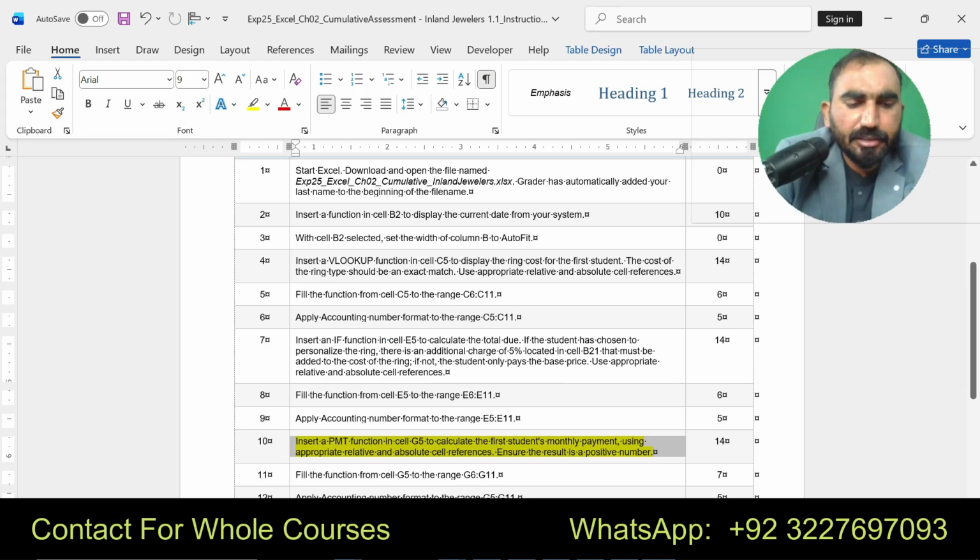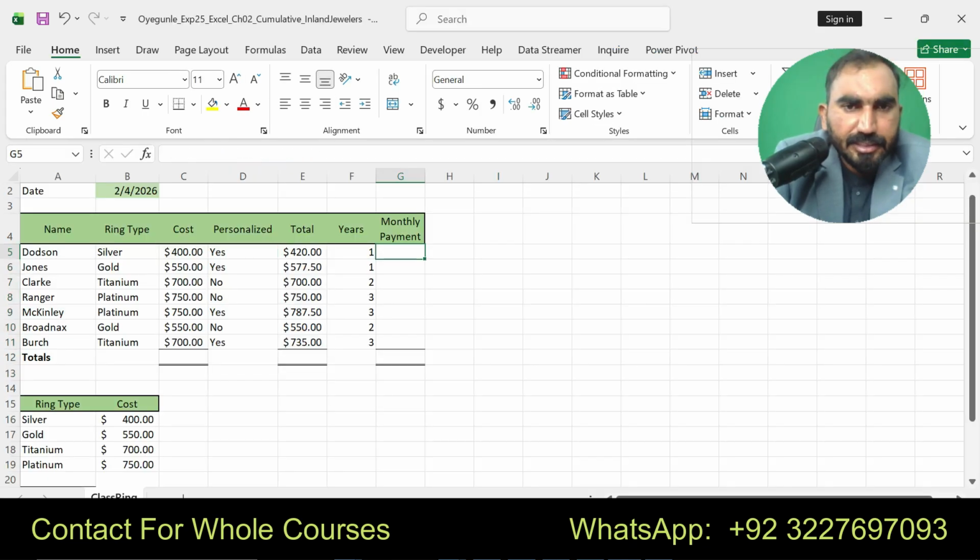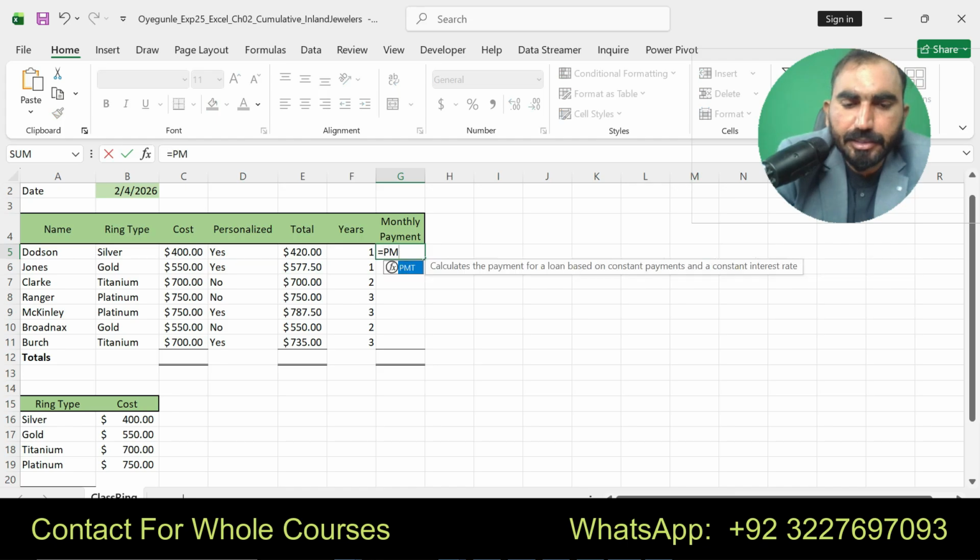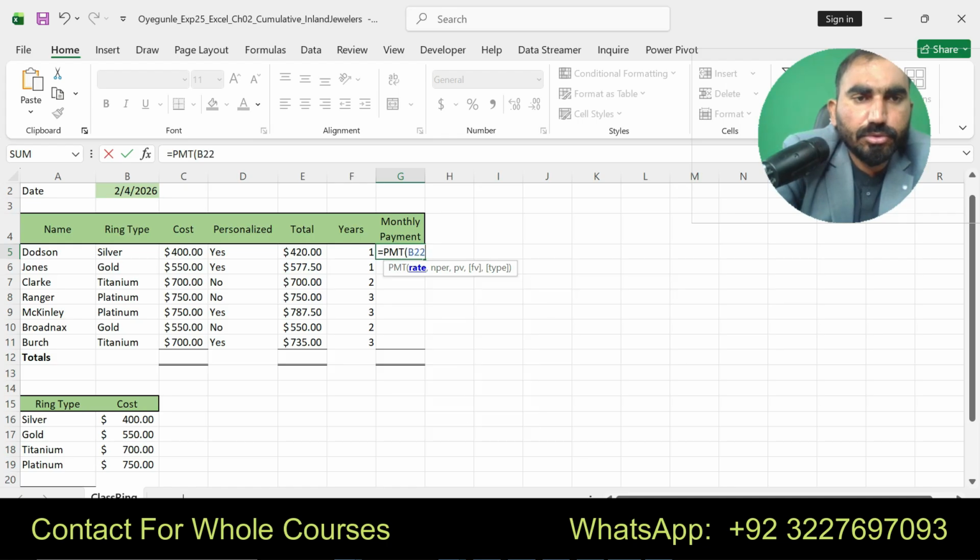Insert the PMT function. Now you can see here I am going to insert a PMT function according to the instruction. B22 divided by 12, F5 multiply by 12, comma, E5.